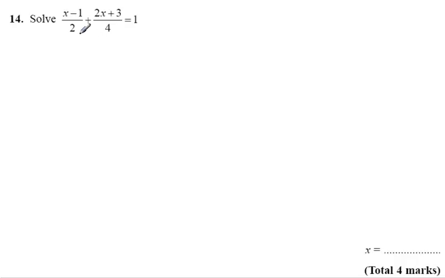One way is that you can look at the lowest common denominator and use that to multiply out. So 4 is the lowest common denominator, so we can multiply every term in this equation by 4. If we go down that route, then half x minus, if I rewrite that as a half of x minus 1, end of the bracket, plus a quarter of 2x plus 3